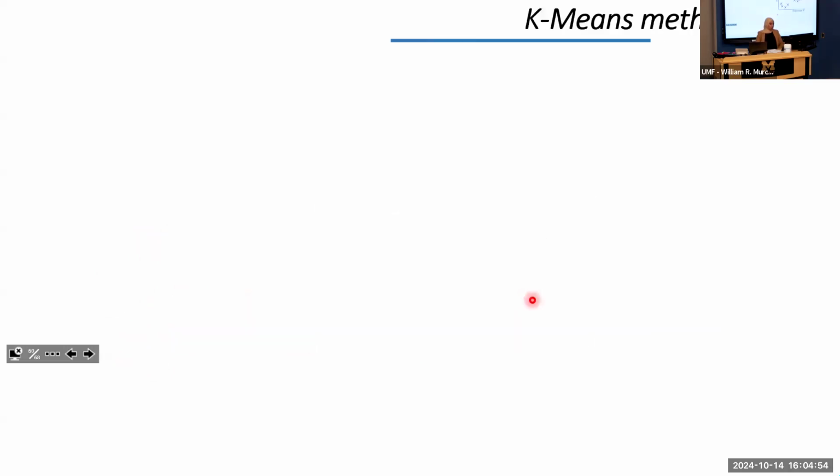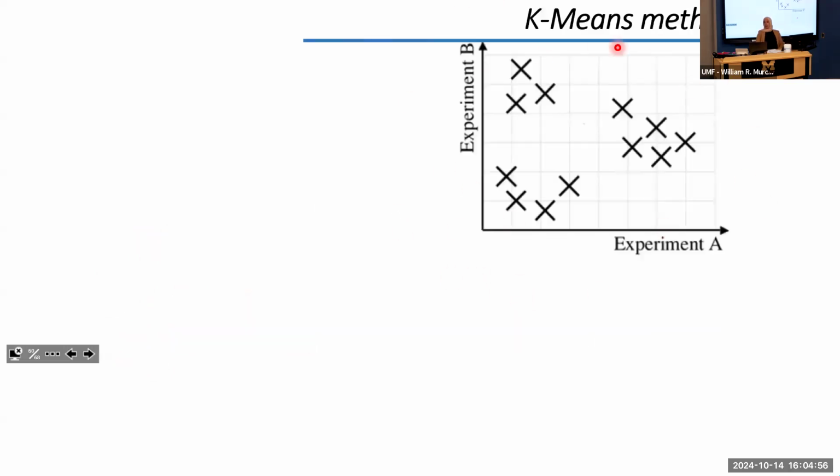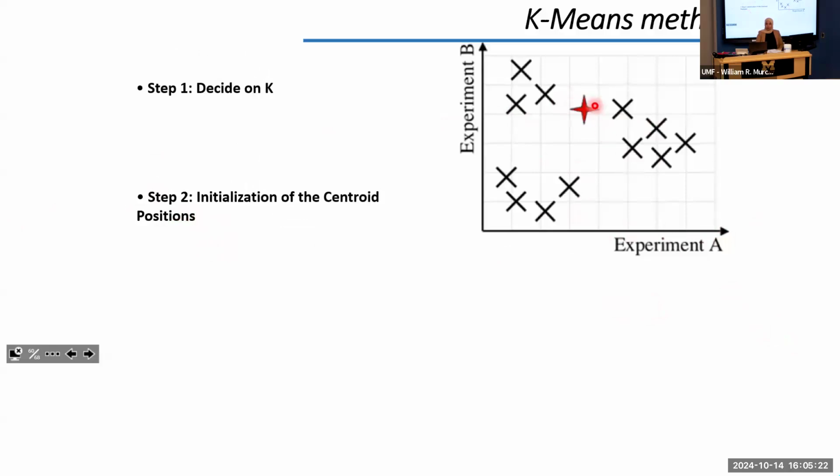So this is an illustration of the K-means algorithm. If I have this example, the first step is to decide about K. How many clusters do I have? For example, K is equal to 3, okay? Or K is equal to 2, it depends, or K is equal to 1. There is no rule for this, and this is one of the inconveniences of this algorithm. Then I'm going to initialize the centroid positions, for example the red one is going to be here, the green one here, and the blue one here, so it's 3. And the position at the start is just random, okay?